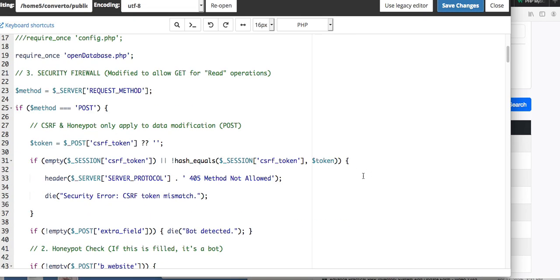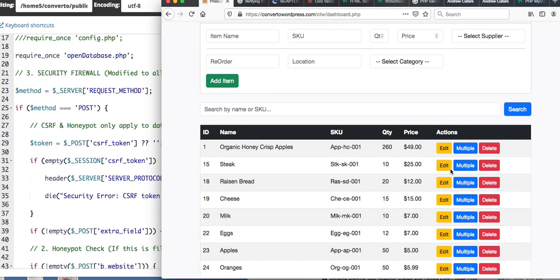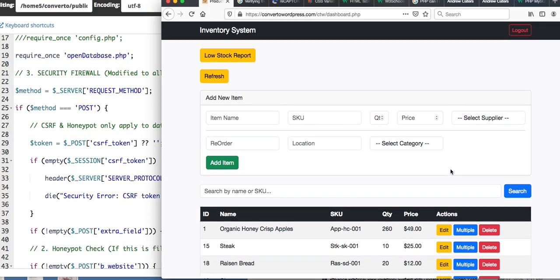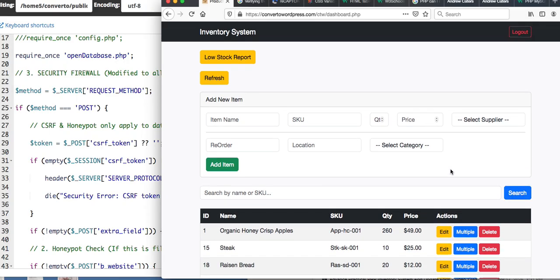That's all I got for today because I don't want to go off on a tangent here. Anyway, look how nice that looks. Look how beautiful that looks. I'm going to have to make sure that I get all my suppliers and categories because there's going to be another